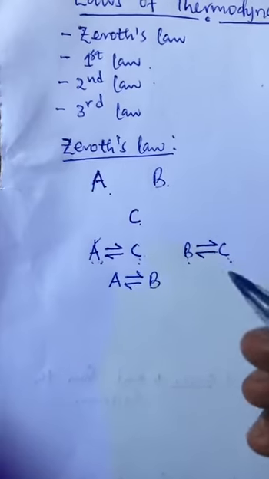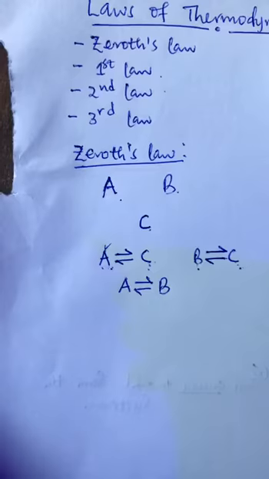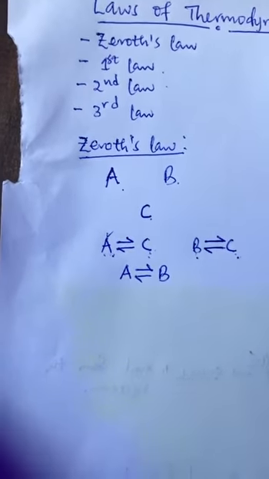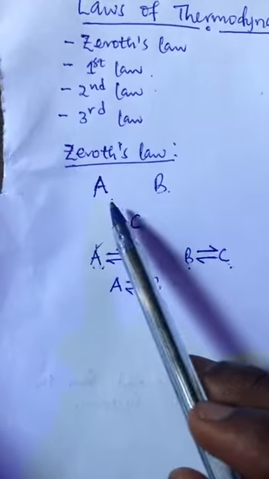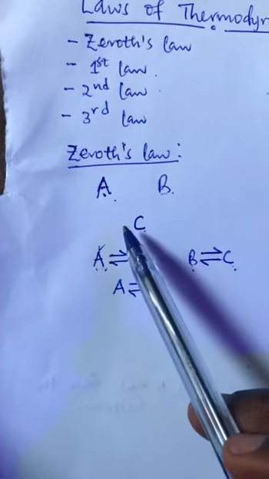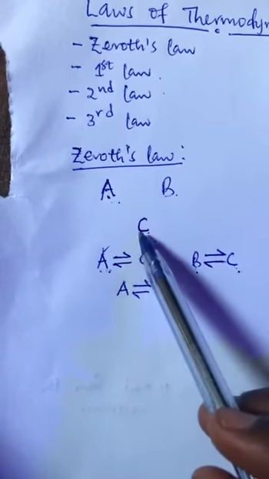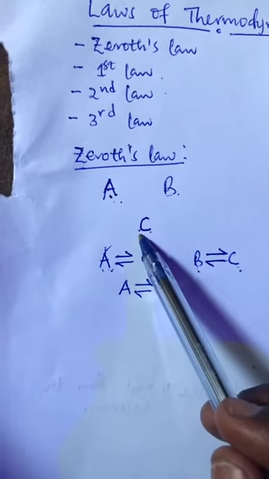So basically this is what we call the zeroth law of thermodynamics. Therefore it can be said that if two bodies are individually or independently in thermal equilibrium with the third body,